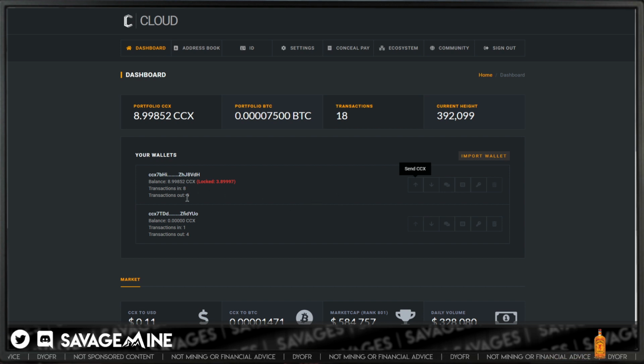Eventually that'll work out once all the blocks and the transactions are confirmed. Although I don't think I should have 8 in here. I think I should only have 7. But it might be because everything's locked because I'm sending to myself, plus I sent some from another wallet. So that's probably why. Okay, so it'll probably work out in a few minutes.